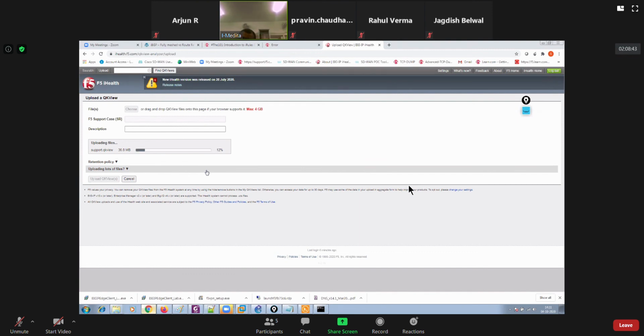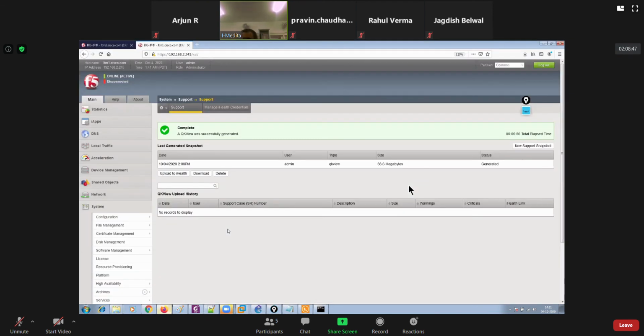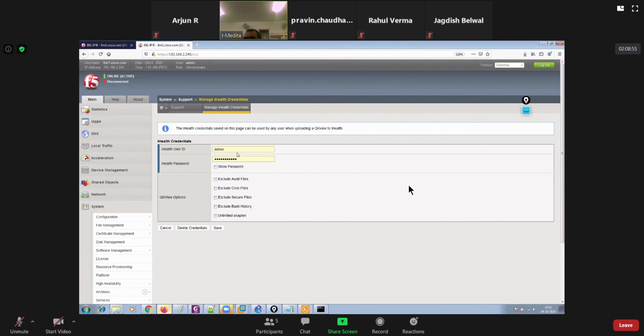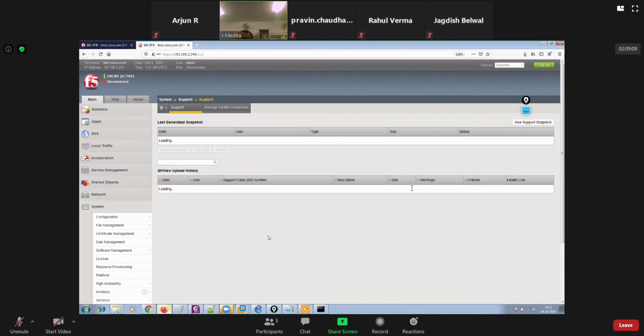You can download it. In fact, in version 14, they have added one more feature: you can add iHealth credentials over here, right, guys? Provide your username and password like this, and then save.